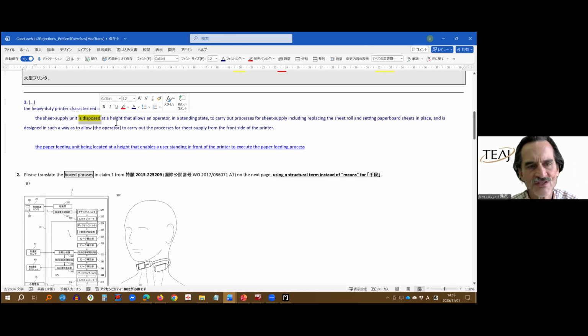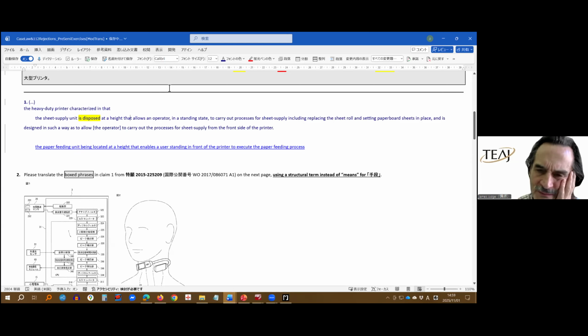It is disposed at a height that allows an operator. It doesn't say it's adjustable because that's not in the claim, but it's definitely disposed at a height that allows an operator. And it could be that, I don't know, I think it might have helped the prosecution. It probably would still be rejected, but it might have helped the examiner, or it might have allowed the examiner